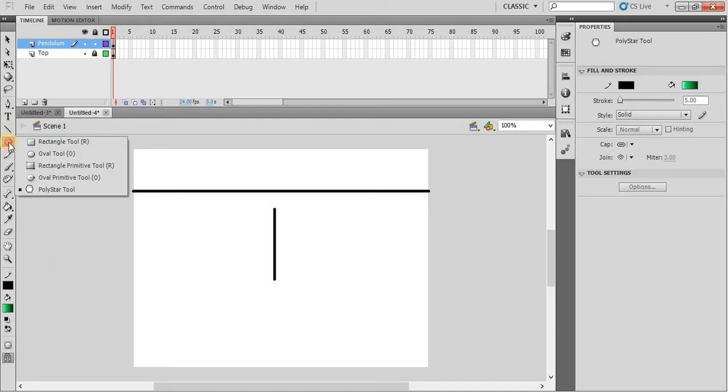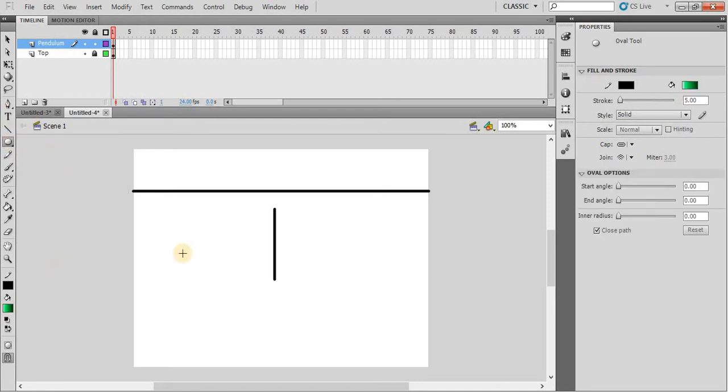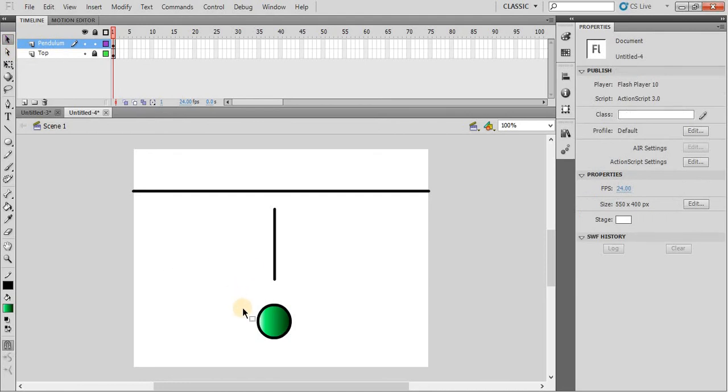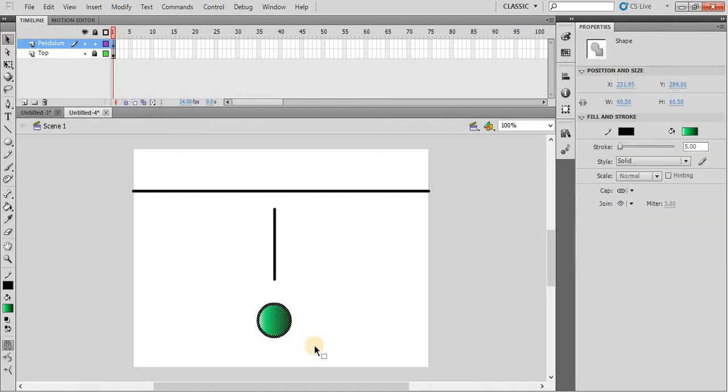Then we will use the oval tool, draw a circle, use the arrow keys, select the circle first, and then use the arrow keys to adjust its position.